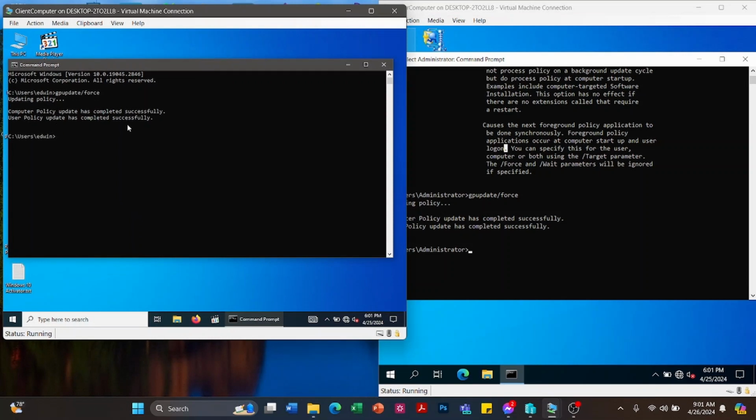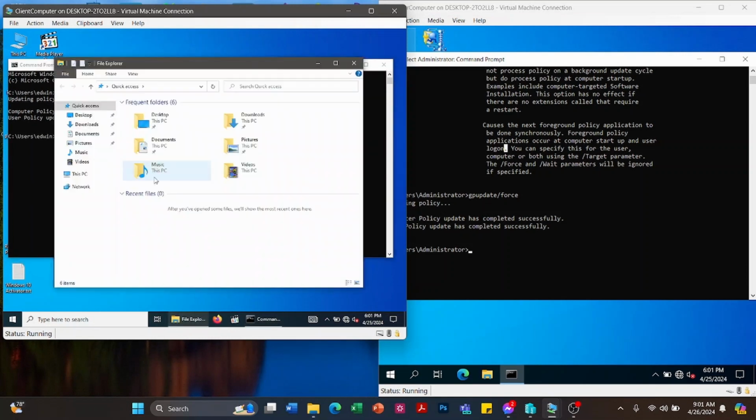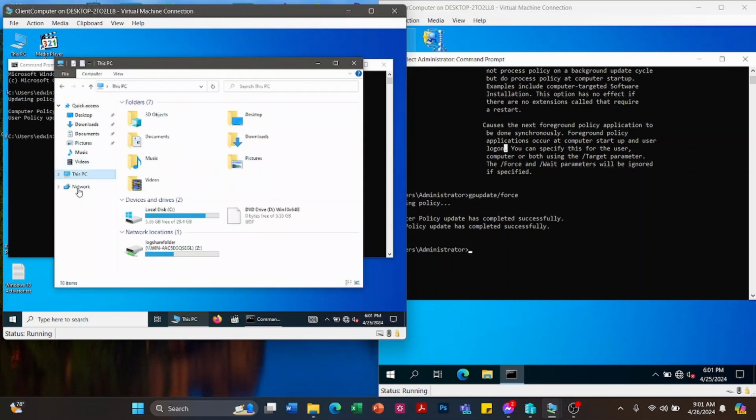Okay, successfully. So let's open the File Explorer, then This PC. As you can see in here, the log share folder already appeared as a drive. It's named as drive Z. So we have successfully created a map drive log share folder.